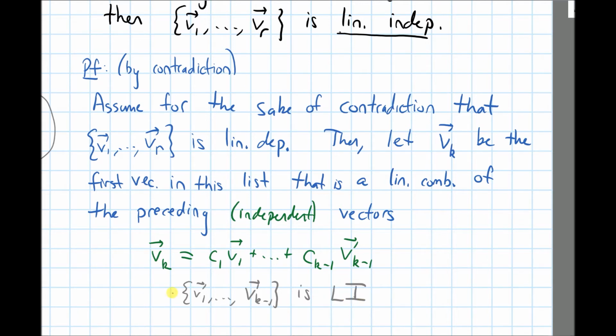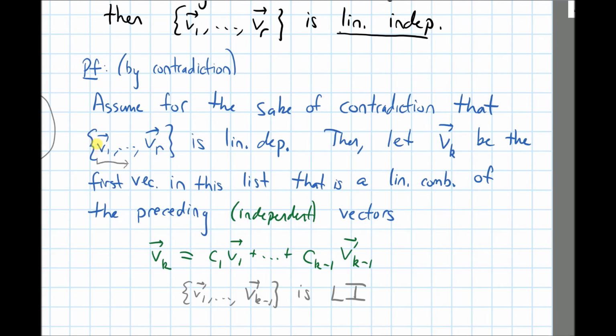Okay, so this statement right here in gray, that the set of vectors V1 up until Vk minus 1 is linearly independent, might look a little strange, because usually when we've done proofs involving a bunch of vectors being linearly dependent, and we've said that one of the vectors is a linear combination of the others, or of the ones before it, we haven't said something like this. But it turns out we can, if we need to. If my set of vectors is linearly dependent, conceptually what that means is, if I start looking at this list, V1, and then V2, and then V3, down the list,